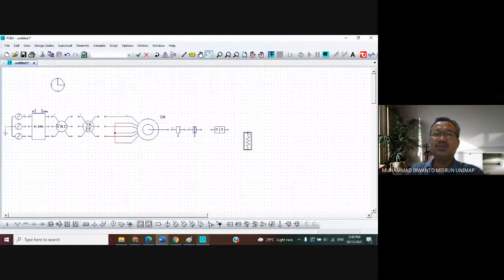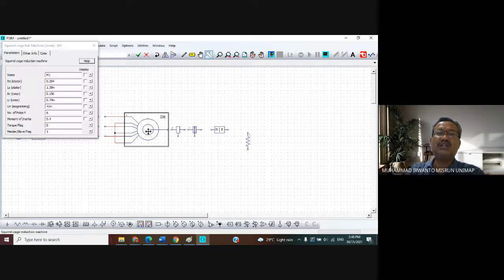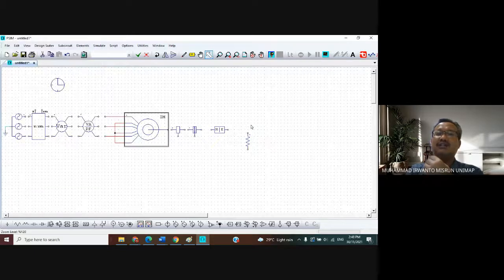Objective 2, just change the number of poles in here. Two values: the first 4, for example, the second 2. And then vary the value of R and observe the same in here. And then observe and analyze the values or parameters in here: watt, var, VA, speed, torque, and also output power, efficiency, and slip. Okay?